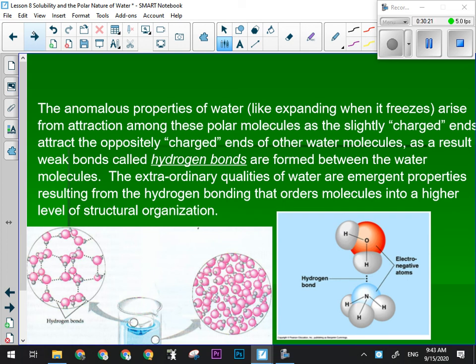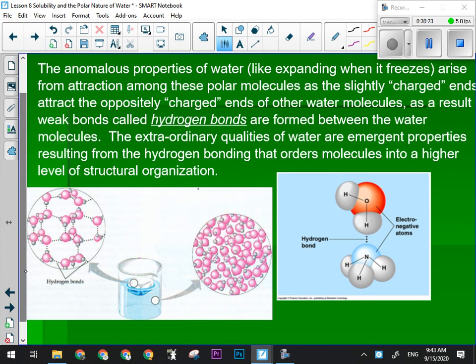Okay? And this again is what causes these anomalous properties. So liquid water actually has the particles closer together than in ice. In ice, the hydrogen bonds are still there, but we get that crystalline structure of ice. But the crystalline structure of ice is quite random. It just happens to be wherever the particles go at that moment of transition from liquid to solid,